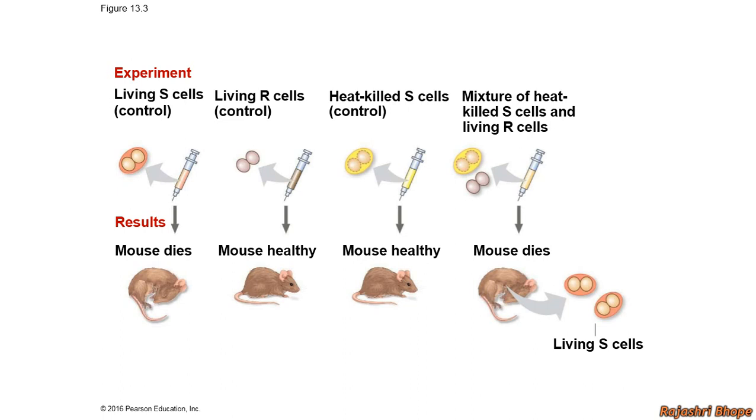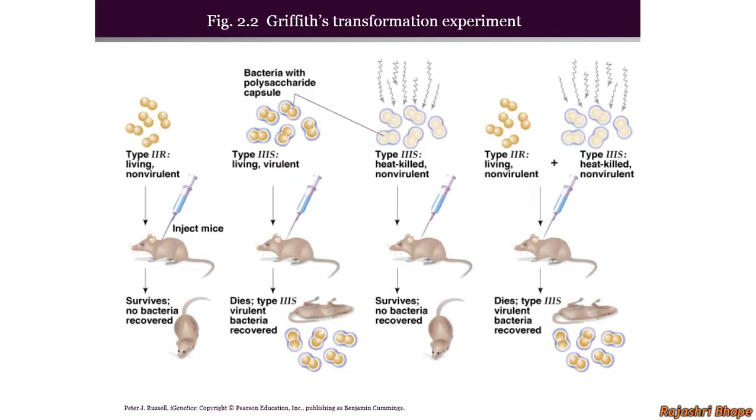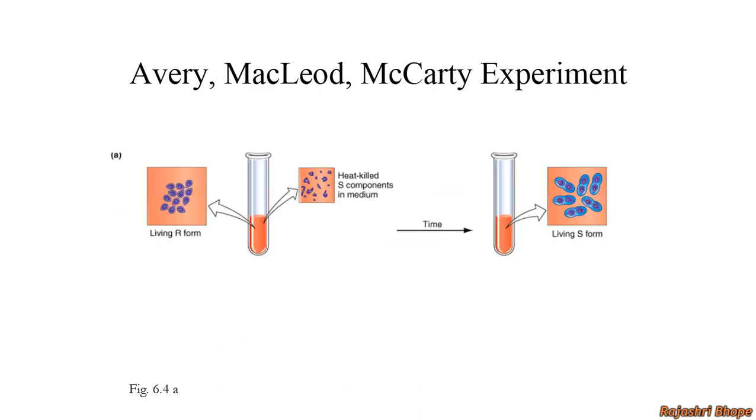He only discovered that something is transforming non-virulent strains into virulent strains, but he did not find what exactly is responsible for transforming these non-virulent rough strains into virulent smooth strains. Then Avery, MacLeod and McCarty did an experiment. What they did is